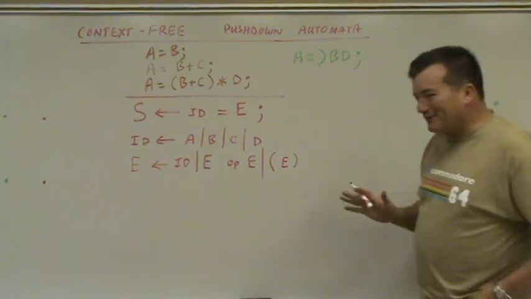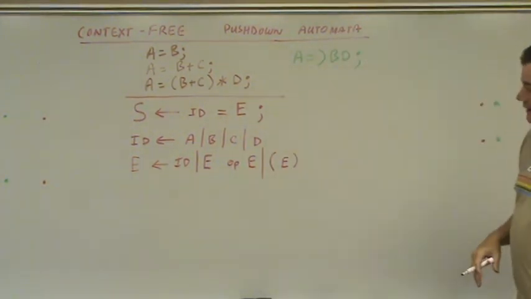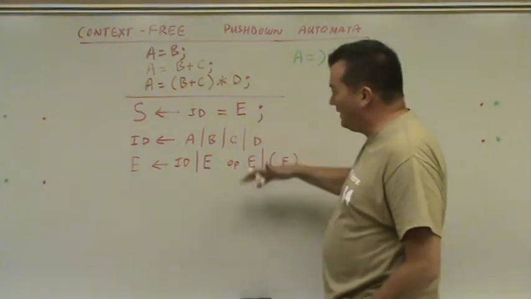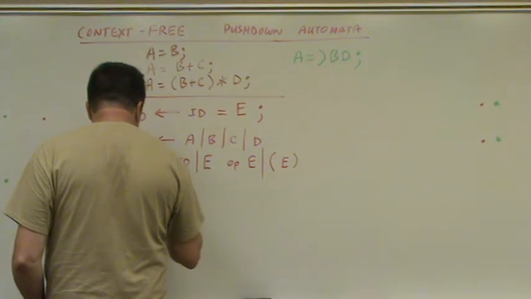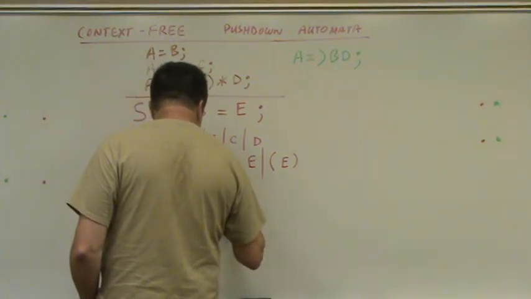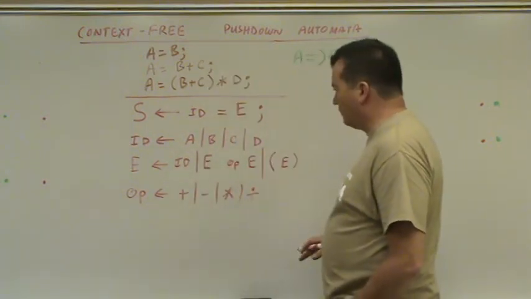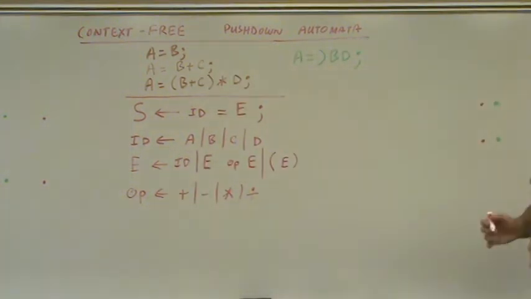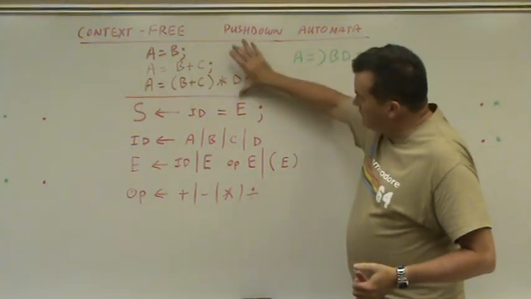So the first time seeing this, if you took a compiler's class, you're going to do this. Half of your design is going to be this. And then I'm going to define operators like this. Operators are like plus or minus or times or divide. It says 4 operators. So what we've effectively done here is we've written a grammar that describes all of these